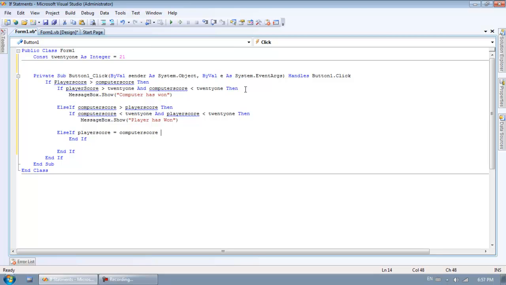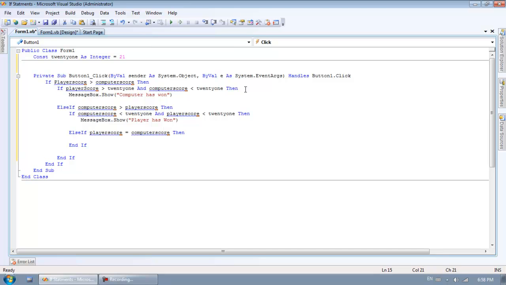And like I said, I'm just explaining how if statements and else if statements work, just so you guys can look at the program and kind of figure it out. I mean, like I said, I don't have it here. I really wish I would have, so I can show you guys. But so else if player score equals computer score, then